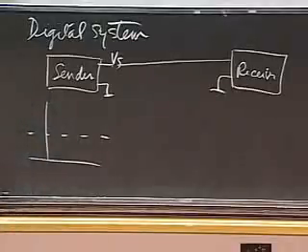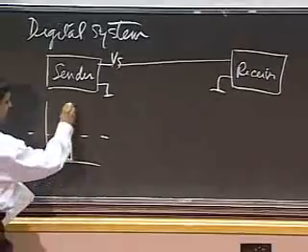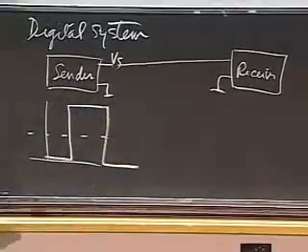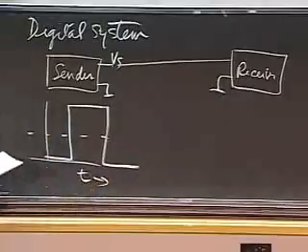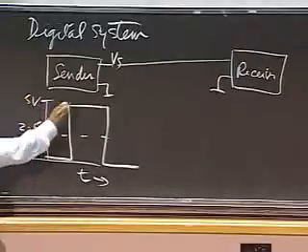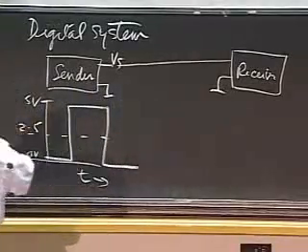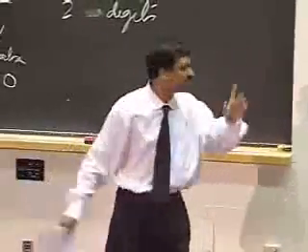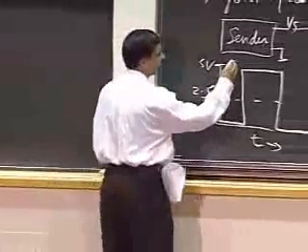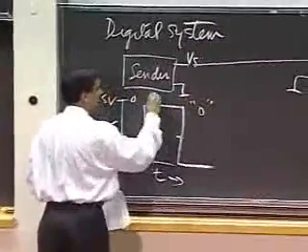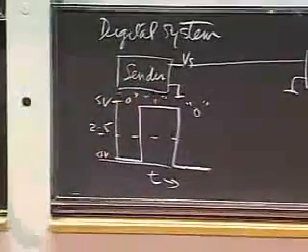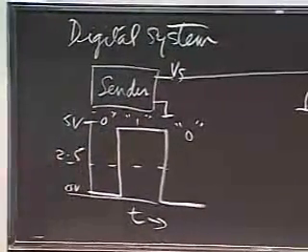In the digital system, the way I would send a digital signal is all I can use is ones and zeros. So let's say the sender sends something like this. The sender wants to send a value. This is my time axis, and this is 2.5 volts, this is 0 volts, and this is 5 volts. My sender has some agreement with the receiver and says, I'm just going to be sending you low values and high values. And this signal here would correspond to 0, 1, 0.